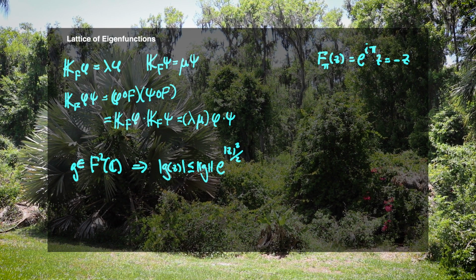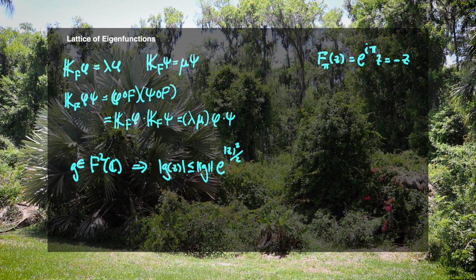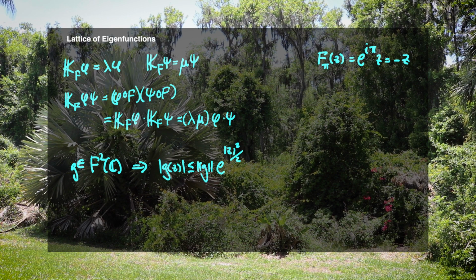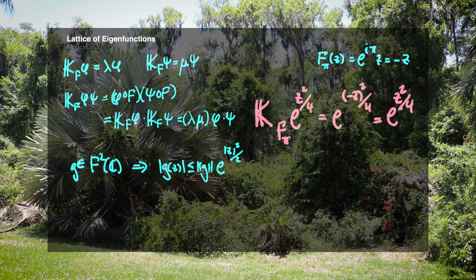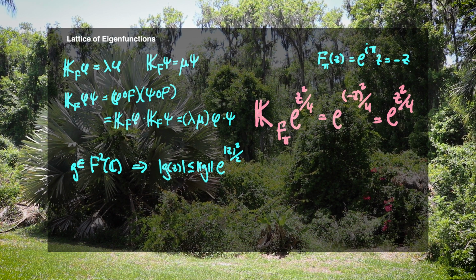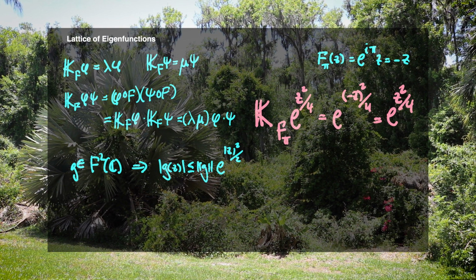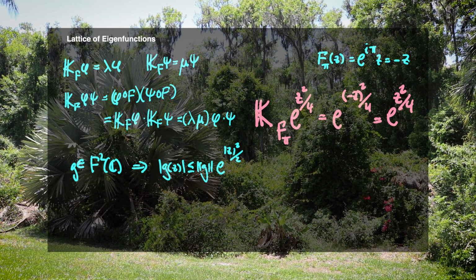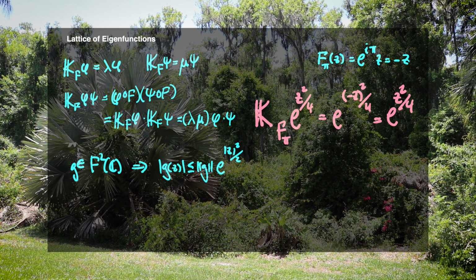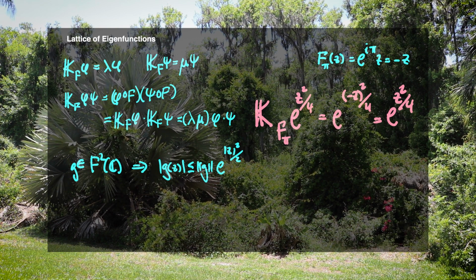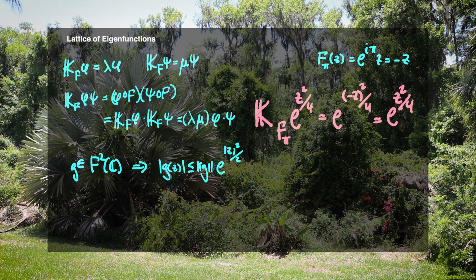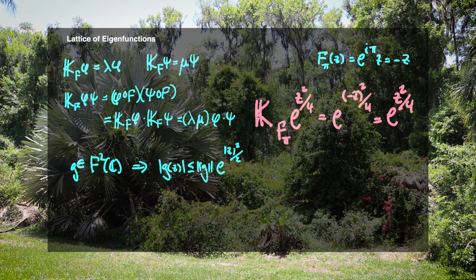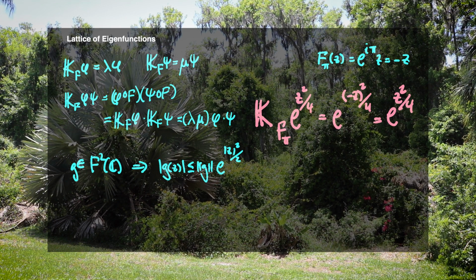So, if you want to see an example of an eigenfunction in this case, then pretty much any even function would work. If I were to take e to the z squared over 4, well, that is the same as e to the minus z squared divided by 4. And so this is an eigenfunction for the Koopman operator corresponding to rotation by pi, and it has an eigenvalue of 1. Now, we see that this is absolutely in our Fock space